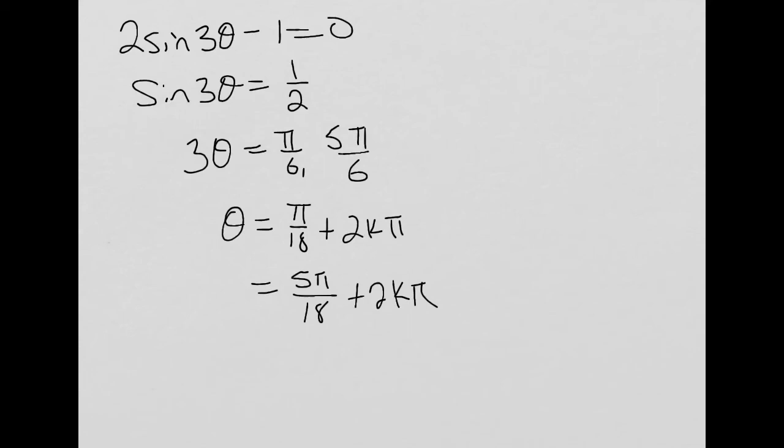So what I did, once I got to here, I treated this 3 theta like its own variable. I knew what that had to be equal to, and once the trig function's gone, once you've got something involving just this theta, maybe it's multiplied by something, maybe it's divided by something, we can move on from there. We've got the entire expression, and once the trig function's gone, our regular algebra falls out. Just division by 3 brought up these 18s in the denominator there and there. You can do that even when the variable's not multiplied by something, but maybe divided by something, and division really is just